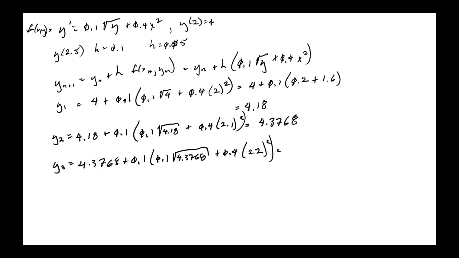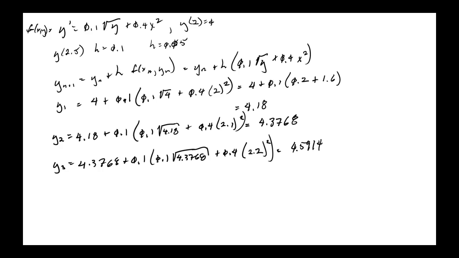They got 4.5914. I don't know how. 4.5914. So it sounds really close. Okay. Now, what they may be doing, and if they're doing it, I'm all in favor. Here's what I would be doing if I had one of the calculators. This one came out exact. So it'd be 4.18 plus 0.1 times open parentheses, 0.1 times square root of 4.18, that was exact, plus 0.4 times 2.1 squared,